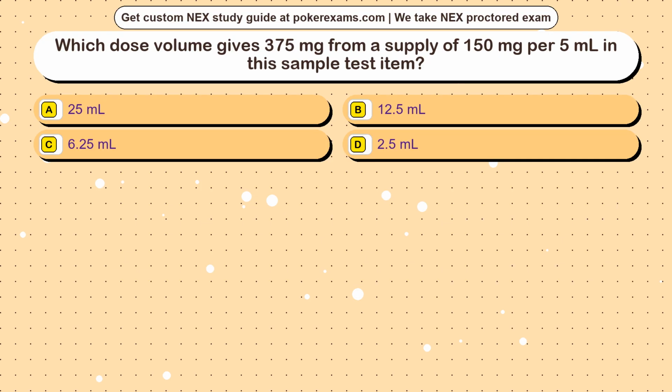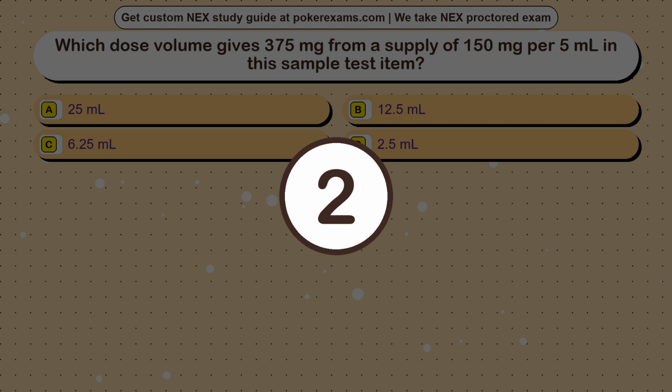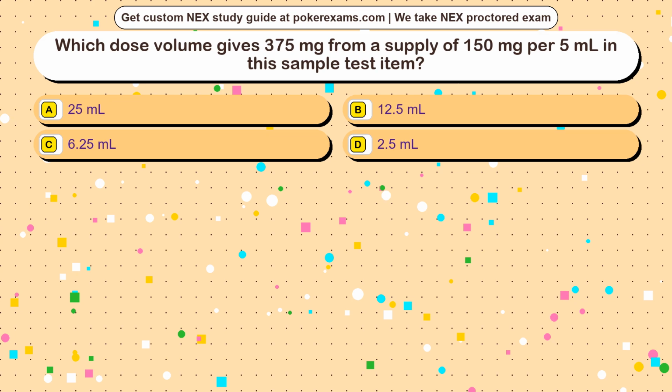Question 1. Which dose volume gives 375 mg from a supply of 150 mg per 5 ml in this sample test item? Option A, 25 ml. Option B, 12.5 ml. Option C, 6.25 ml. Option D, 2.5 ml. The correct answer is option